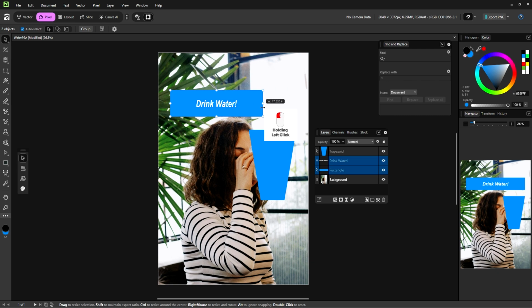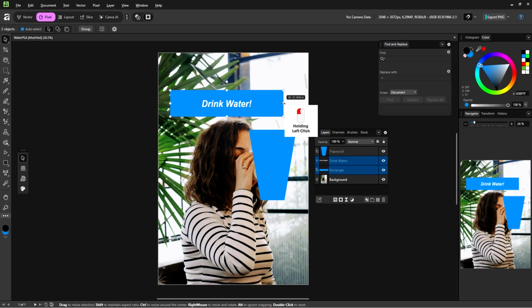Oh, it's stretching it out, not scaling down and constraining the proportions. Sometimes scaling an object up or down will stretch it instead of constraining the proportions, even if you aren't holding Shift.